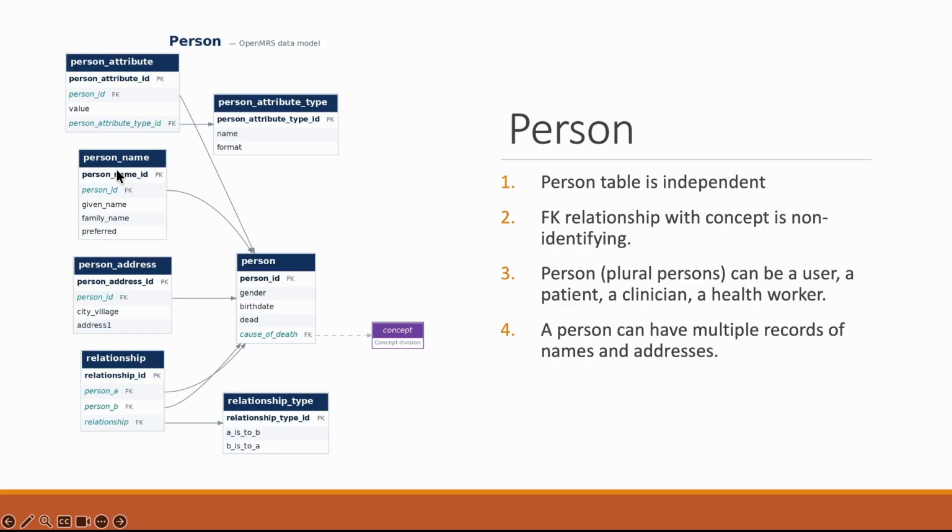Now from the person name table we can also guess what the person address table would be doing. Now it's easy to understand because when we say person address, of course addresses do tend to change a lot, and this is very important because